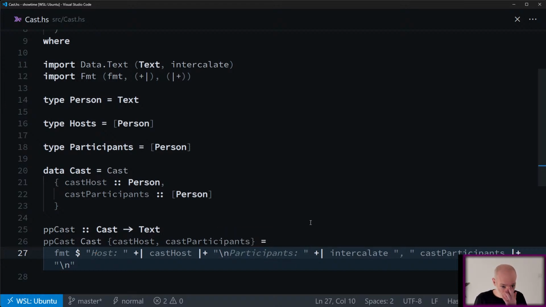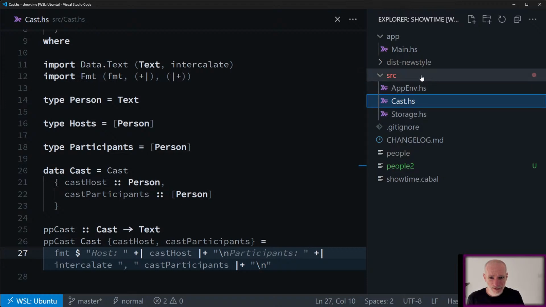Basically, I'll build a text in this case. So it just says who the host is, and then it joins participants with a comma, and then some new lines. So that's all it does at the minute. That's the entire code base. I don't think there are any tests. Probably not. There's no test directory there.